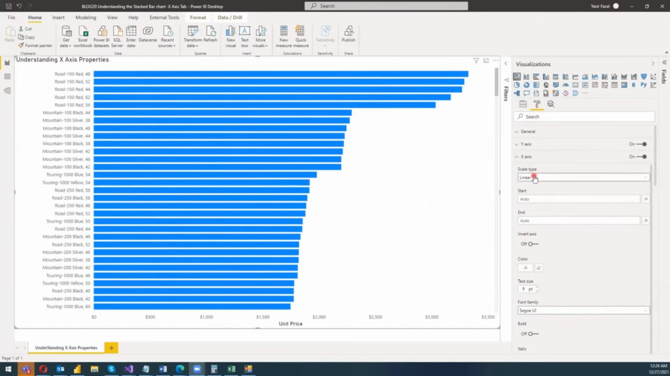The first option is scale type. This one is linear, and then there is another one which is log. So what is linear and what is log? First we will discuss linear. Linear means a basic price starting from zero, and then there will be various unit prices for each product. With respect to those unit prices, you will get a lengthy bar, and on the x-axis these prices are